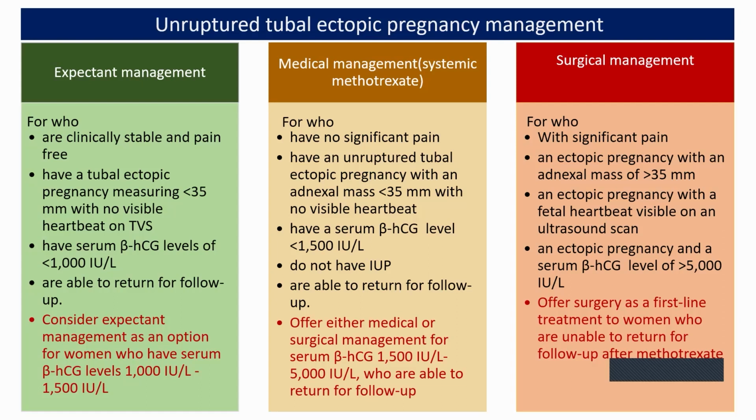But before we give methotrexate, there are several prerequisites we have to check. We have to do a full blood count to see the patient's WBC count and a liver function test to see the patient's AST and ALT level, because methotrexate can cause agranulocytosis and it can cause liver failure. If the patient's beta HCG values are not dropping or if they are static, the clinician can offer another dose of methotrexate or offer surgical management.